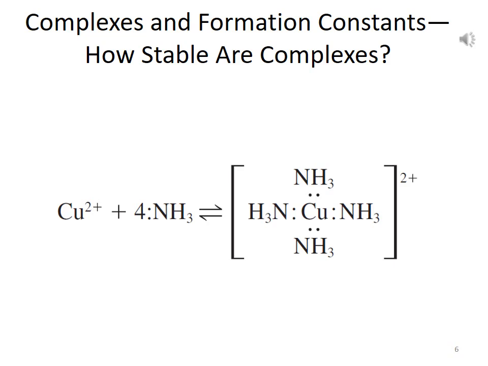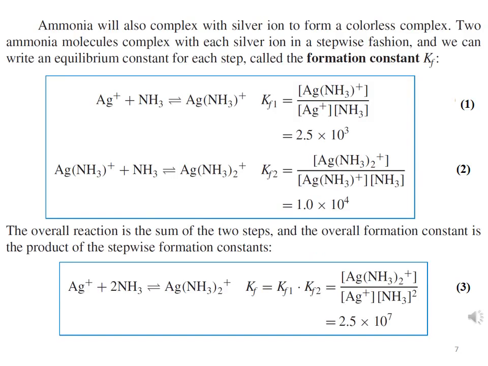with each silver ion in a stepwise manner, and we can write an equilibrium constant for each step. That equilibrium constant is also known as the formation constant, and it is denoted by Kf. So here we will take the example of the complex of ammonia and silver. In this first equation we can see that silver plus reacts with one ammonia molecule, and it can form the silver ammonia complex, and we can write its formation constant